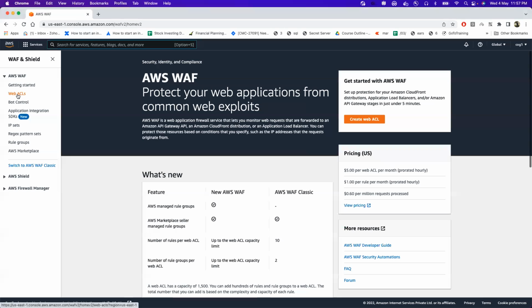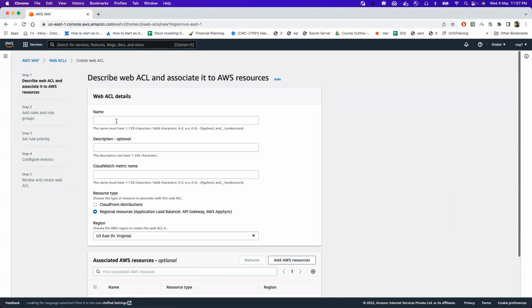Now, if you look at the web ACLs, this is what we are talking about in part 1 and part 2, that you can implement the web ACL. So you can click on create web ACL. Now, once you click on create web ACL, it will ask you to create the web ACL and on the basis of the CloudWatch metrics. So what we can say is we want to implement the rate